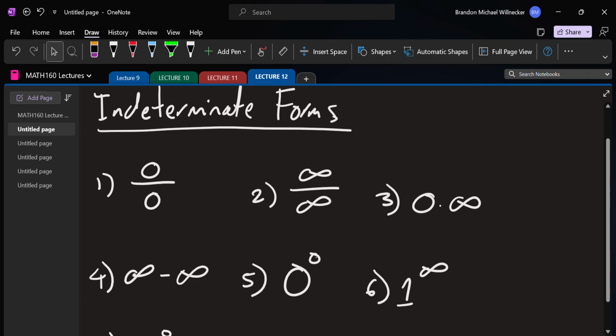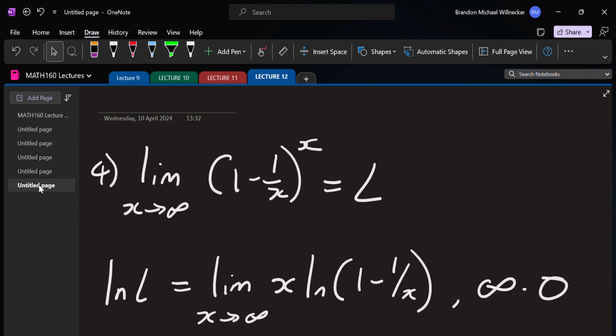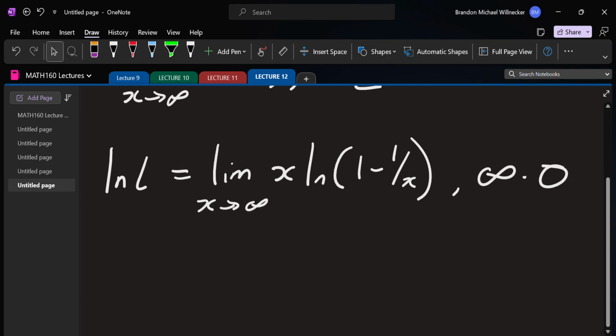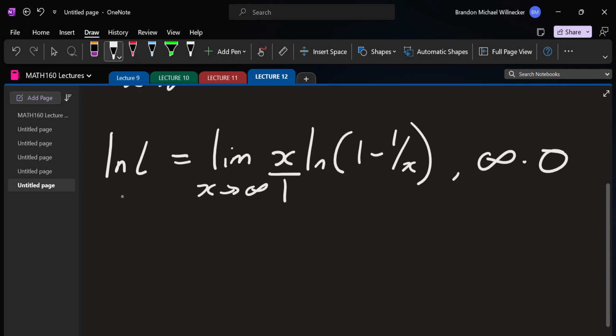So this is still an indeterminate form. It's changed to type 3 now. Okay, so what can we do with those type 3 ones? Something very similar to what we did for question 2. We're going to change this x, or if you want to write it as x over 1, to being divided